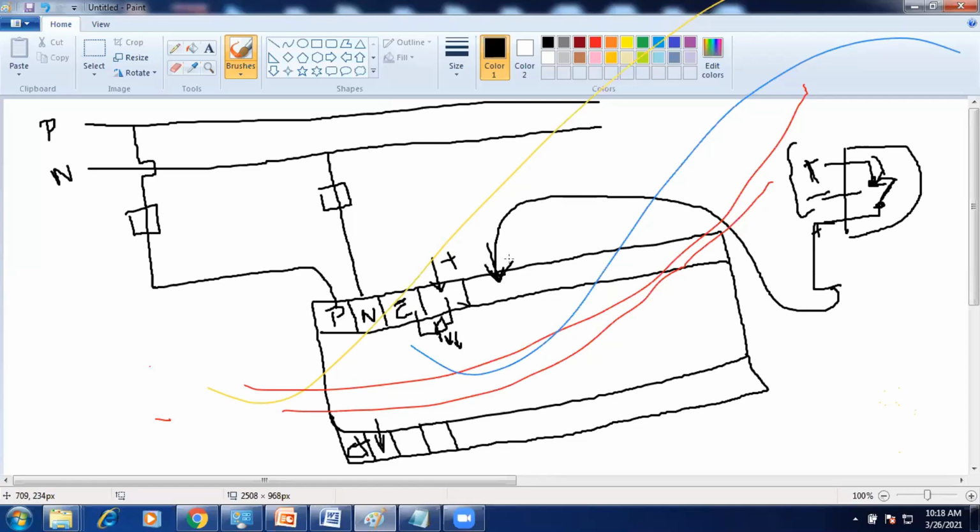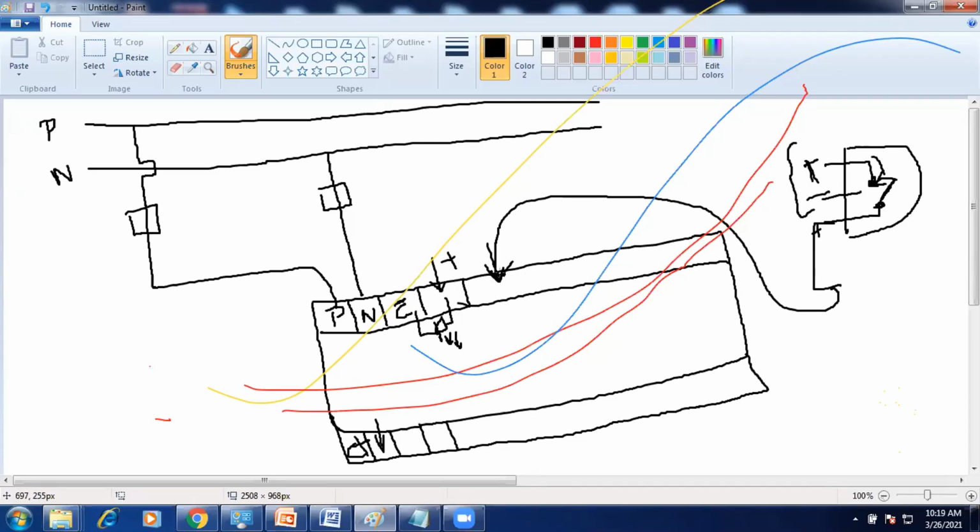So PNP in the sense it is a source connection. This is for source connection. Why? Because if the object is sensed through this sensor, the positive supply will be moved here. So we are getting positive input to the PLC.